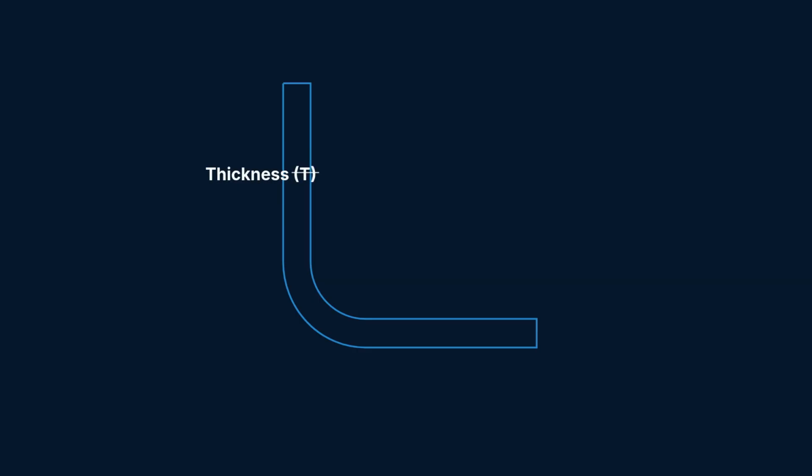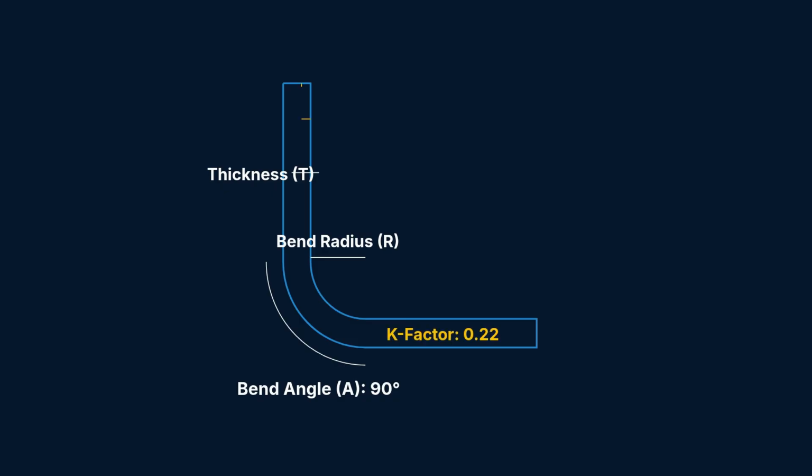First, enter your material thickness T in the thickness field. Next, input the bend radius R in the radius field. Then specify your bend angle A in the angle field. Finally, there's the K-factor field, which has a default value of 0.33, representing the neutral axis location as a percentage